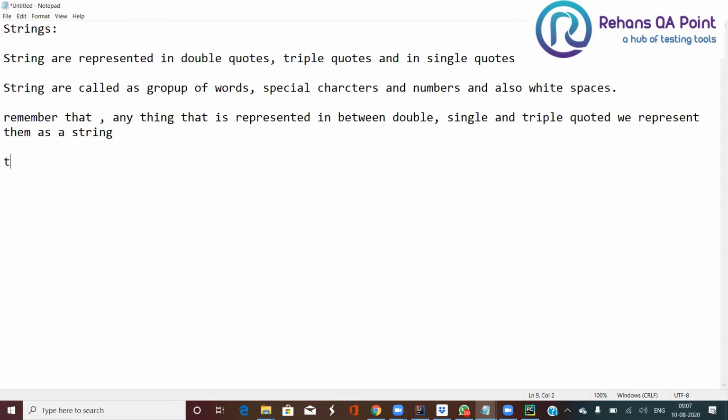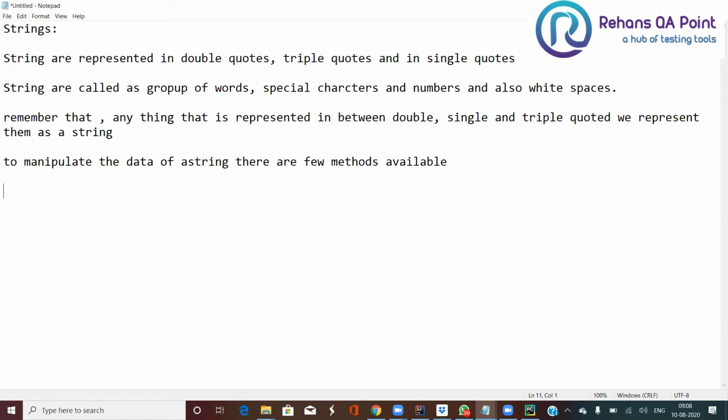Okay. So to manipulate the data of a string, there are a few methods available. So what are those methods? Why are they going to be used? Right?